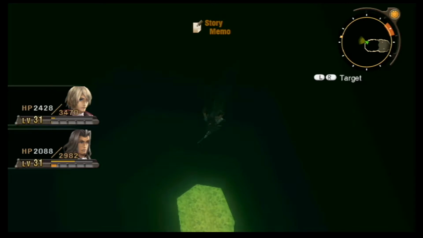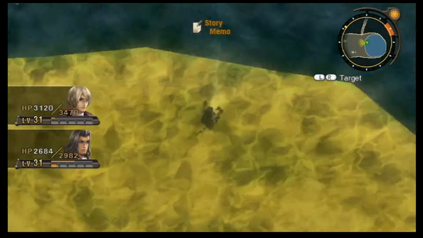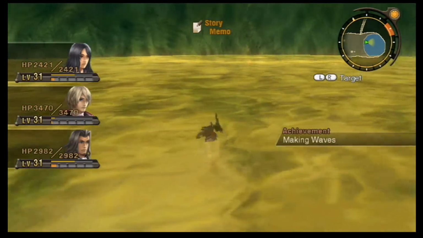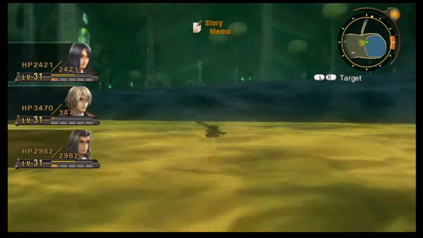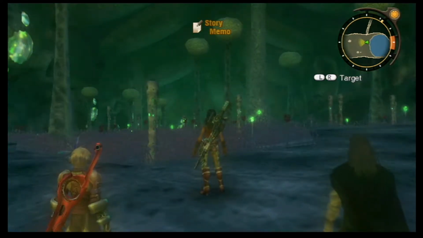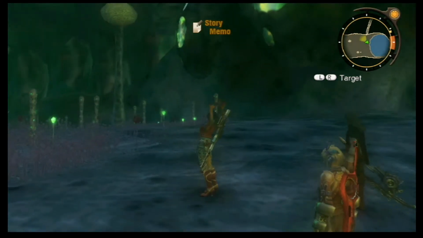Oh my god, this is scary as all hell. I got a third lung and somehow I got Making Waves, yay! Unintentional, but that was really scary. Scared about if I went through a green hole of death. But regardless,